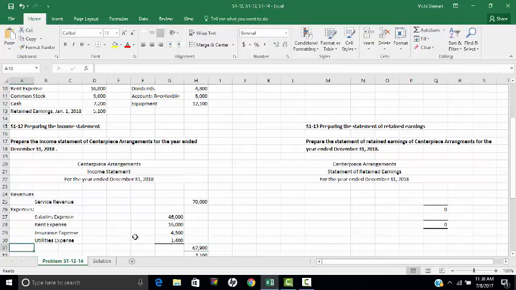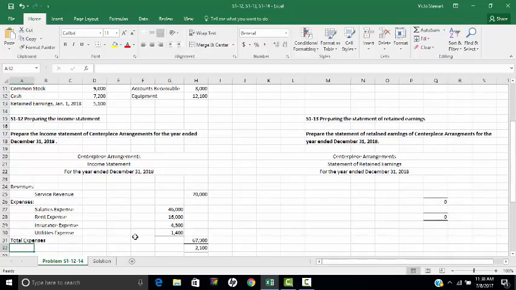So our total expenses, which we have to put a title for. We always want to make sure that we have these listed so our users know what is going on. Total expenses is 67,900. Now we need to determine what have we got here, net income or net loss. Well, if our revenues of 70,000 exceed our total expenses of 67,900, then we know that that $2,100 is